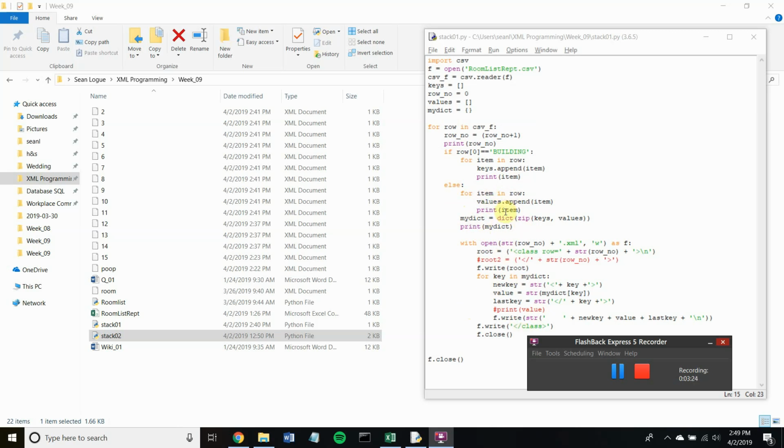So I add to the list called values, and then I zip those two together into a dictionary. And then I print it. A lot of my print statements here are just to make sure that I'm getting the correct values. Then, with opening an XML document, I'm creating an XML document that is titled the row number that I'm